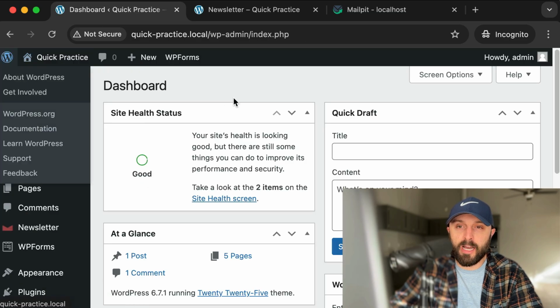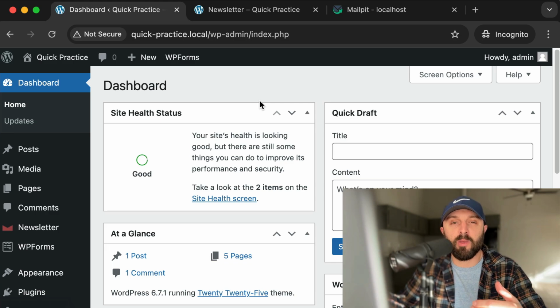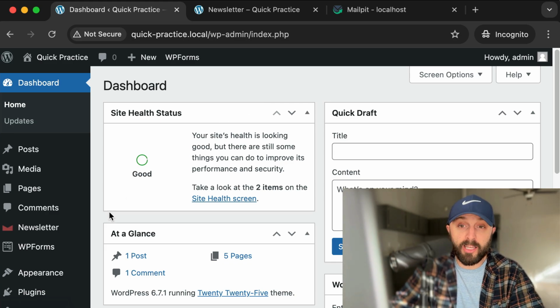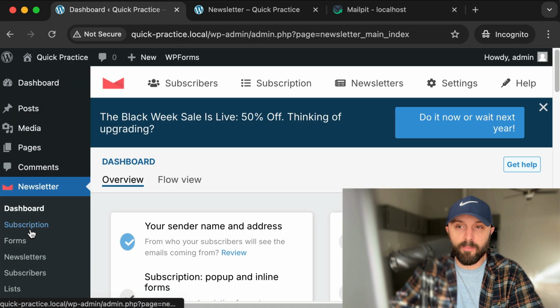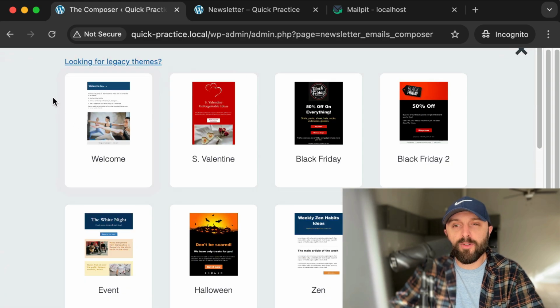So now what I want to walk through, if I go back to the actual homepage of your dashboard, is how you could blast out an announcement to anyone and everyone that has signed up to your newsletter. It's really easy. You would just click on newsletter in your sidebar, and under this newsletter menu, click create new newsletter. I will let you know that if you use this welcome template, as of today, it doesn't include an unsubscribe link automatically in the footer. And I believe, I don't know if it's universal law, you always want to have an unsubscribe somewhere